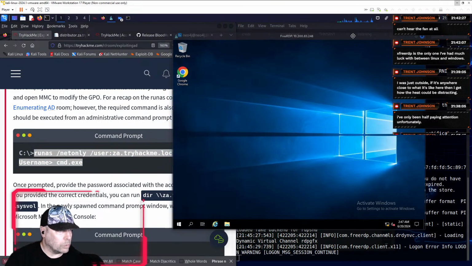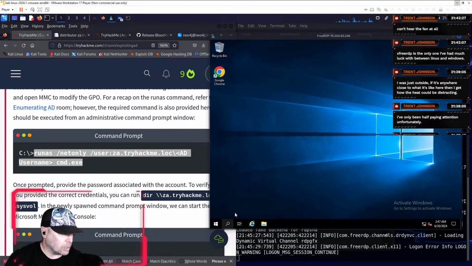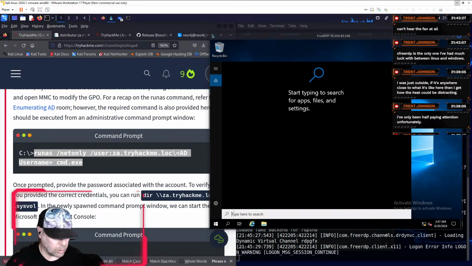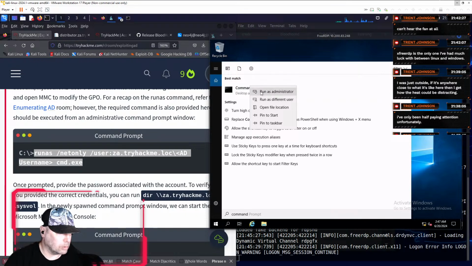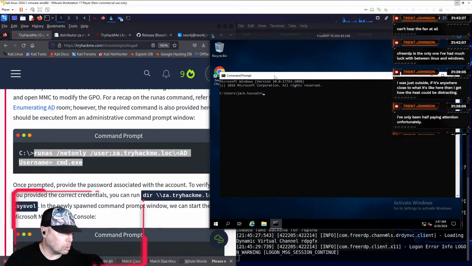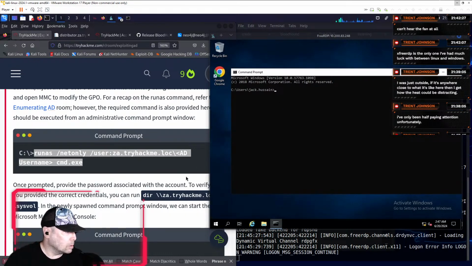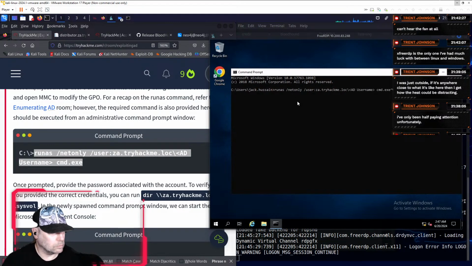All right, so we have to run the command thing as an administrator. Is our guy able to do that? I guess so. No. Oh wait, no, that is what we want.